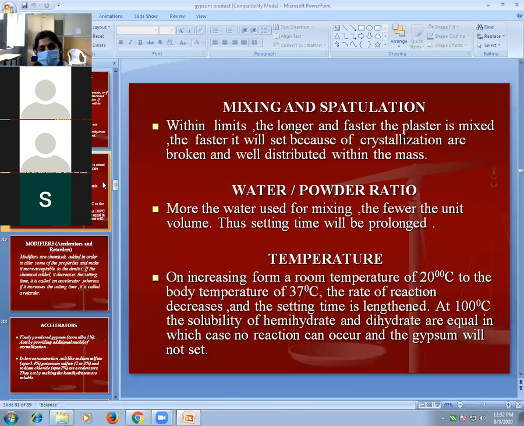So again, mixing and spatulation. Within a limit, the longer and the faster the plaster is mixed, the faster it will set because the